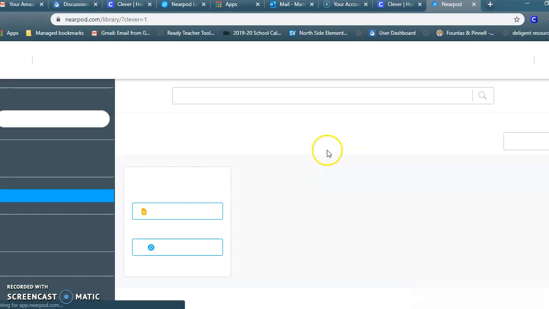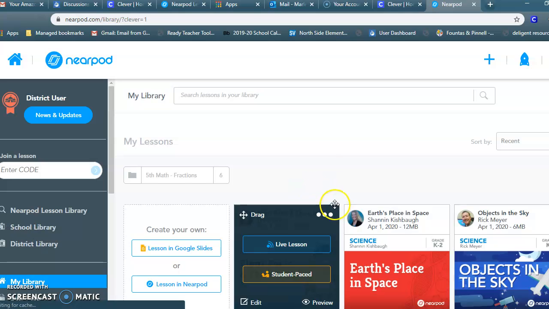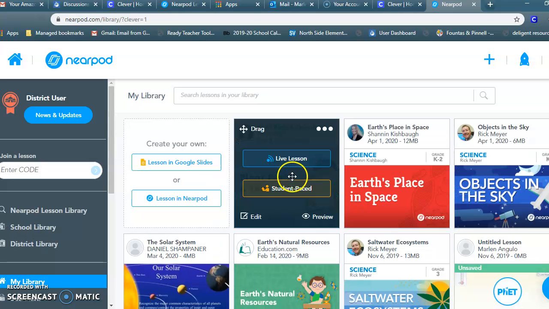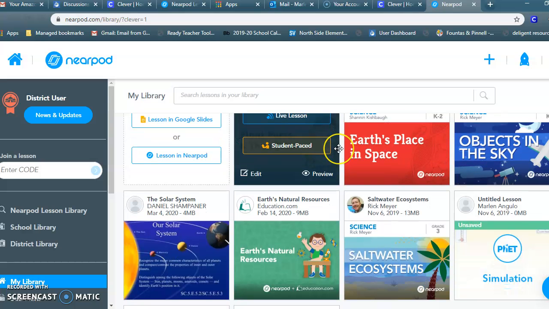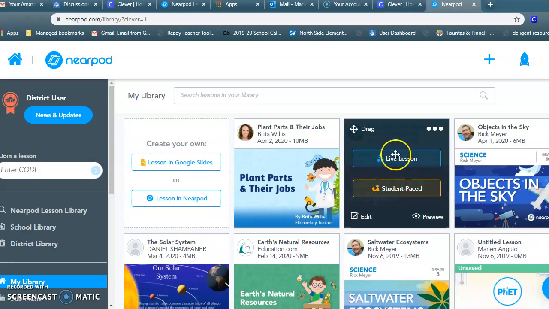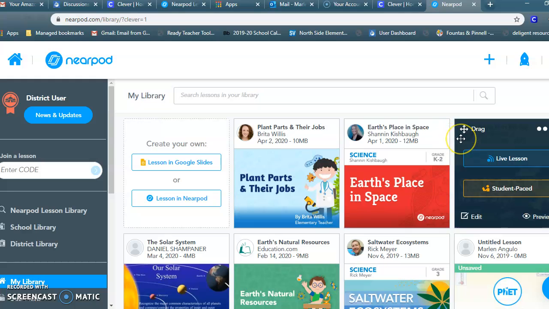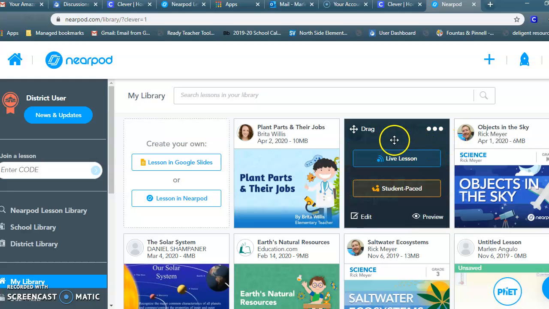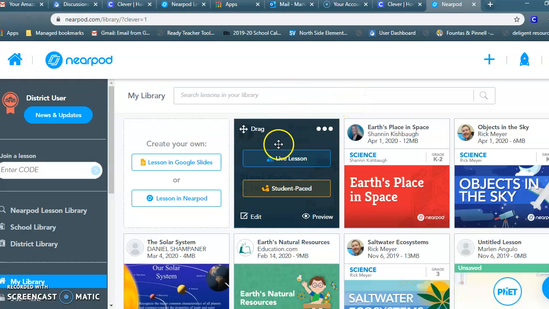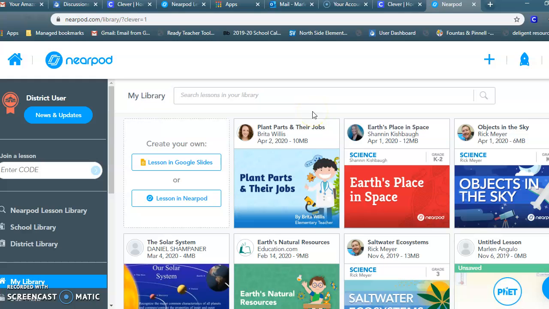Once you get onto your home page, you can see your library. In order to have the library, you need to save different Nearpod lessons onto your library. So let's say, I have here Miss Salmon's Objects in the Sky. Second grade is working on Earth's movements, and third grade was working on plants. So you can save them here, but if you don't have anything saved,